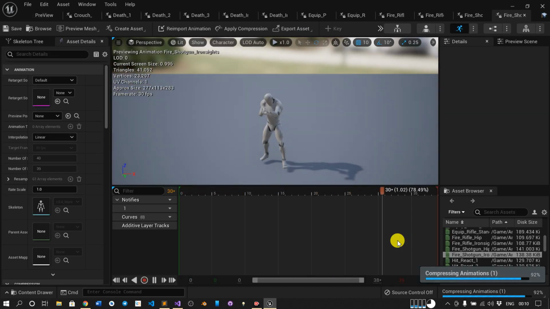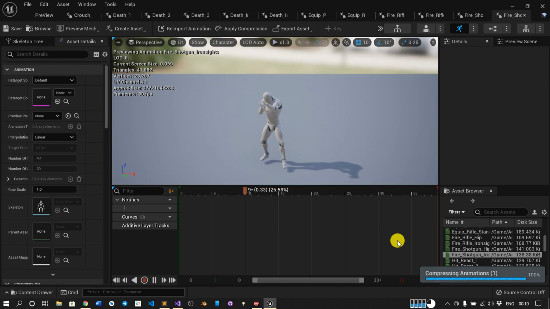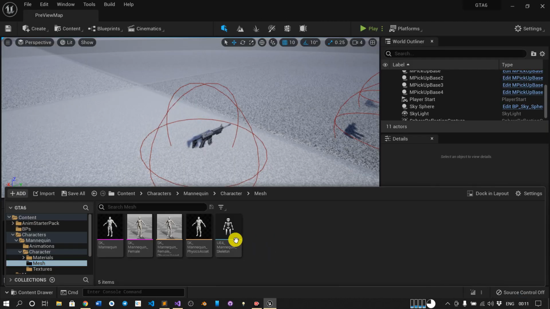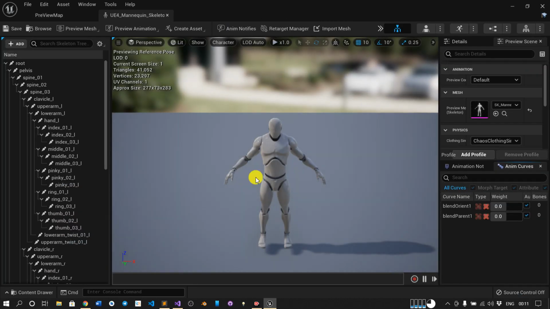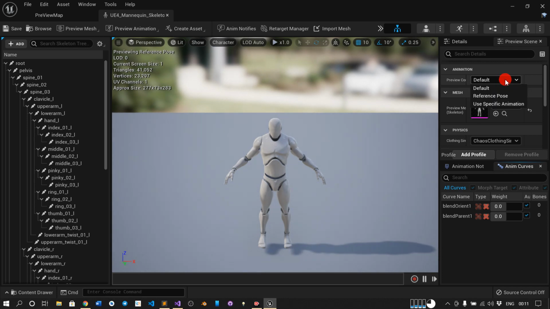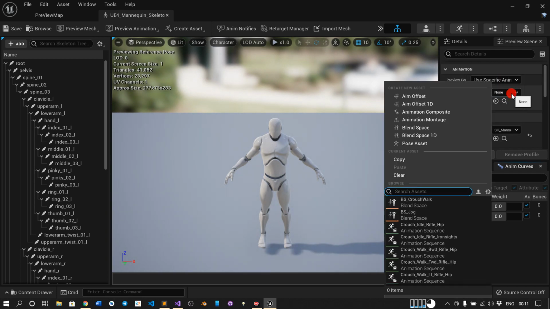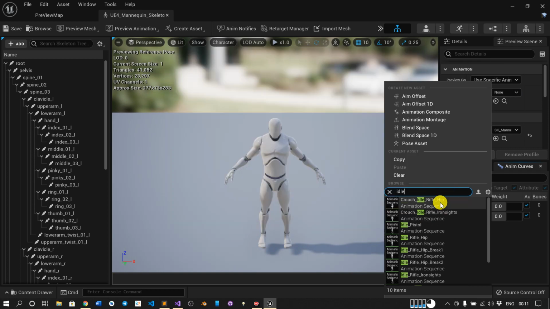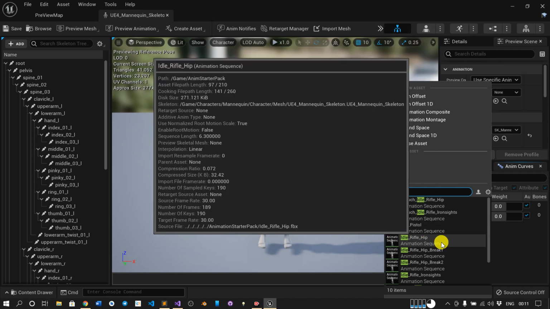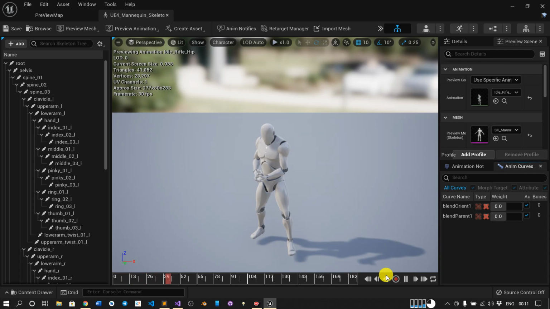So I have to do that individually. So back to our mesh. Just go to the user specific animation, and here we will choose our idle, so we can have the proper reference.